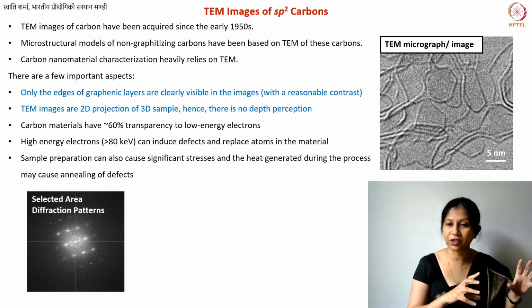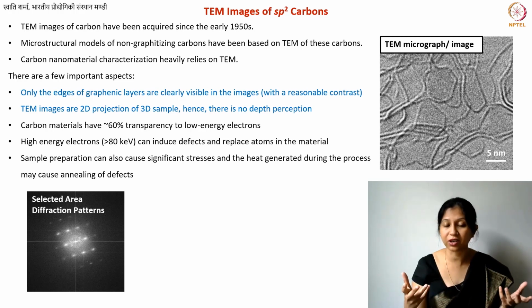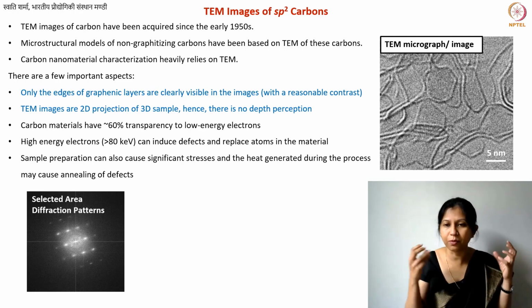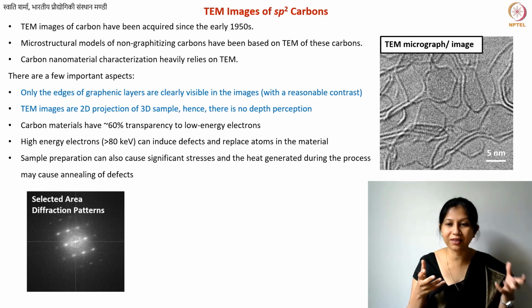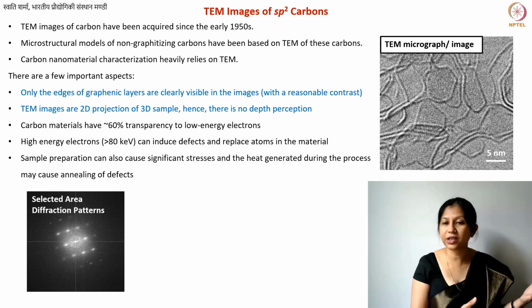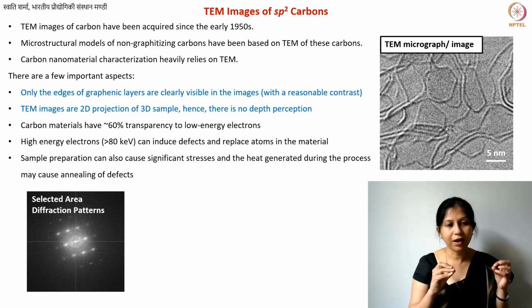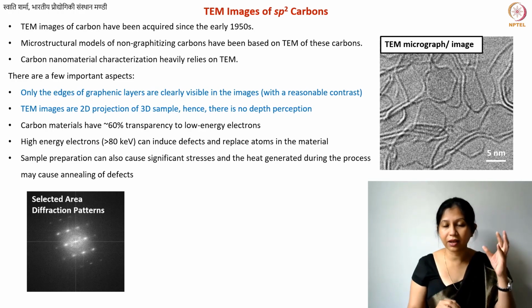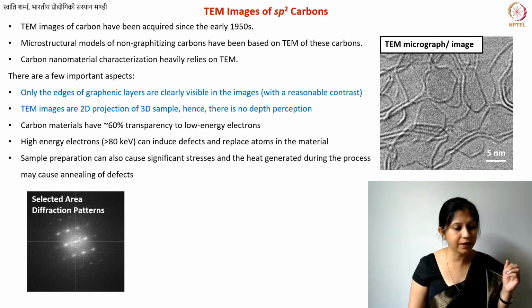For all types of structures, FCC, BCC, all the different crystal structures, there exist some rules of thumb that if this is the ratio of the two, then it could potentially be an FCC. It's not that simple, but the point is that you can obtain this information just by looking at the diffraction pattern. You can say, okay, this is an FCC, this is a BCC. That much information you can generally get, but that is very difficult in the case of carbon, especially non-graphitizing carbons.